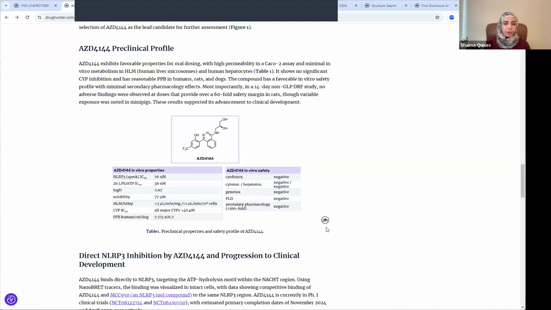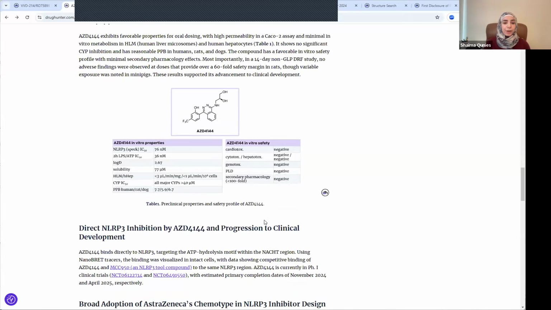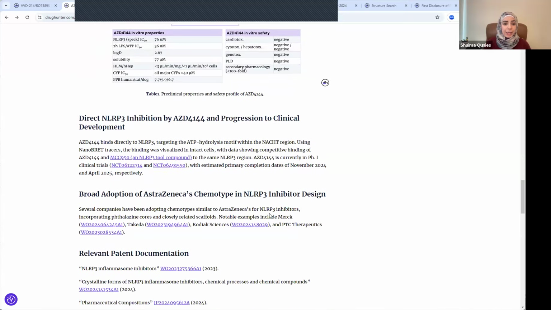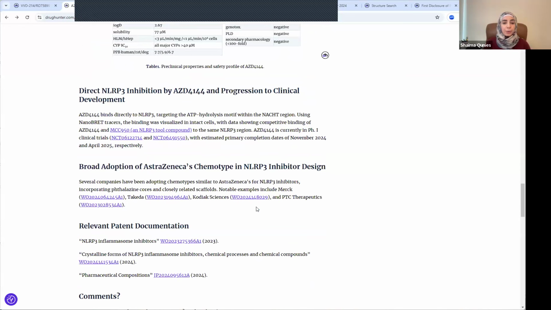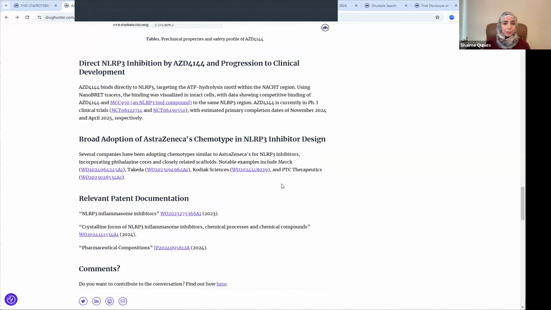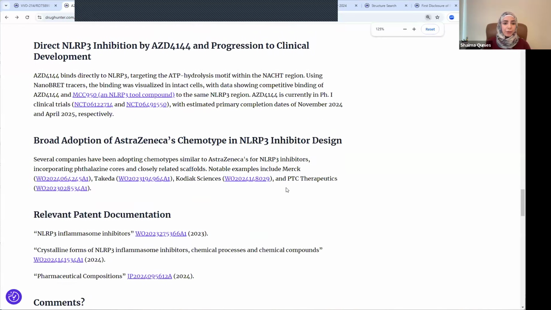It has a very clean in vitro safety profile, and it also has a favorable PK profile. And then we also showed that the NLRP3 inhibitor AZD414 progressed to clinical trials, and now it's in phase 1 trials. And here we also have the identifier number at the